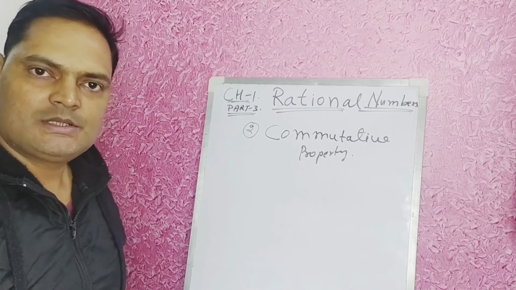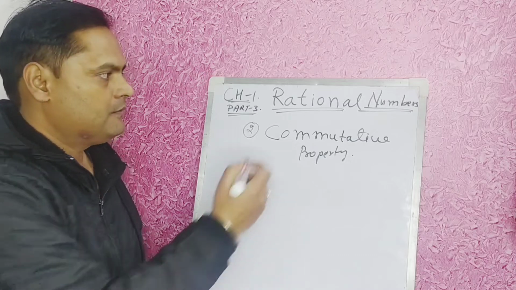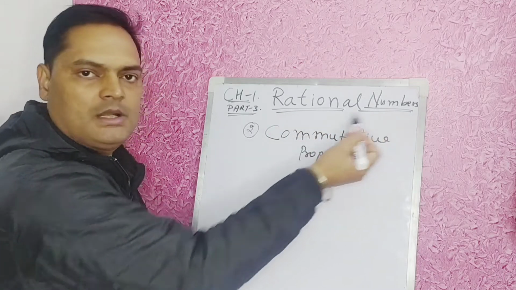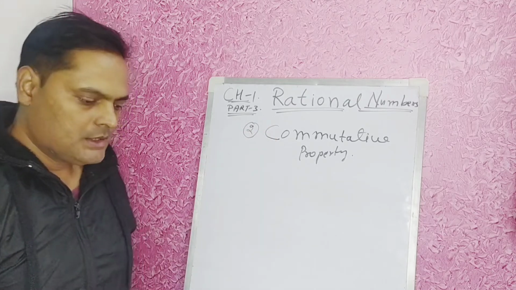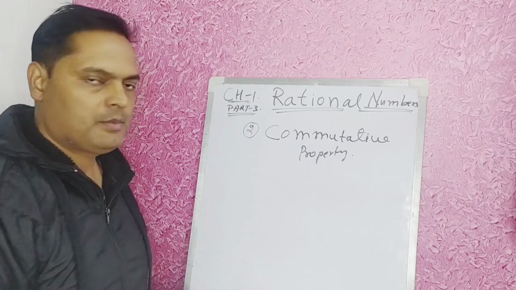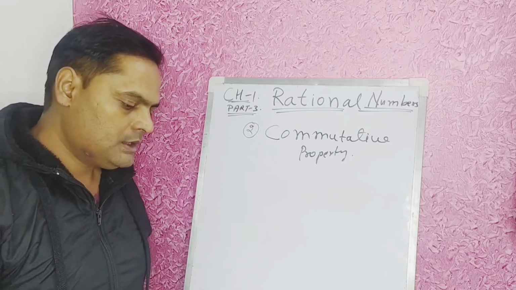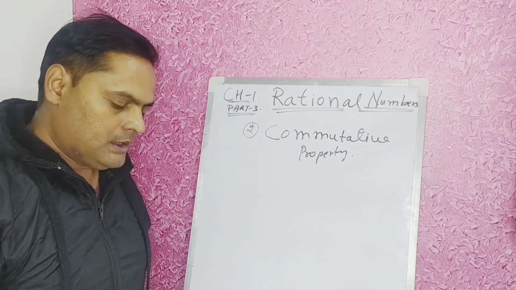Hello students, this is the continuation of the next video for the chapter of rational numbers for the 8th class, and this is part 3. So today we are going to discuss the commutative property, which is one of the very interesting